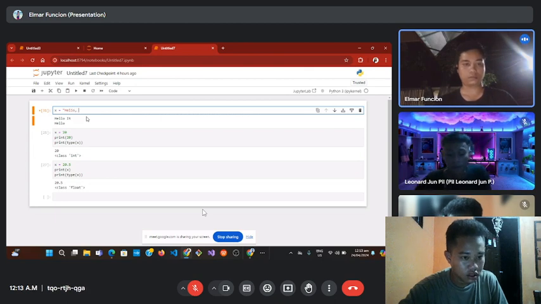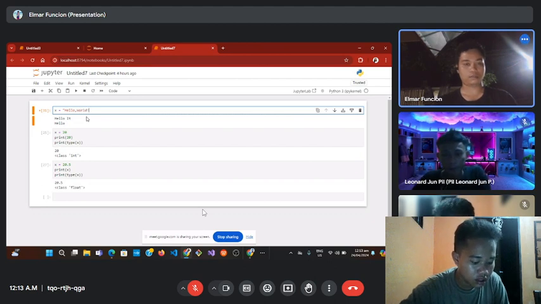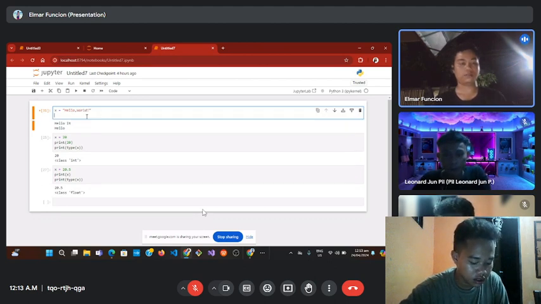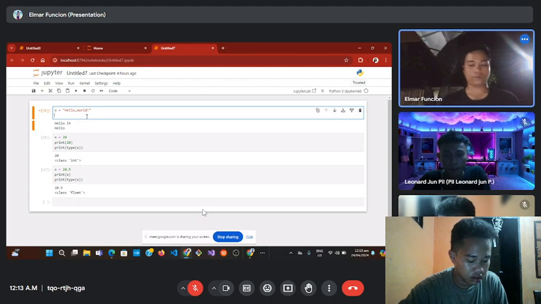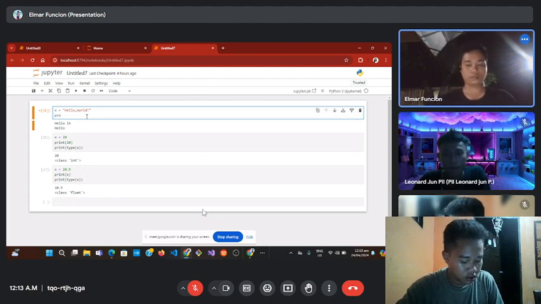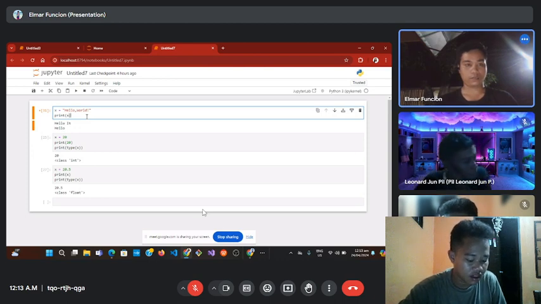To perform the slicing, we just use this x and here we're going to print the hello. So we're going to type the number.